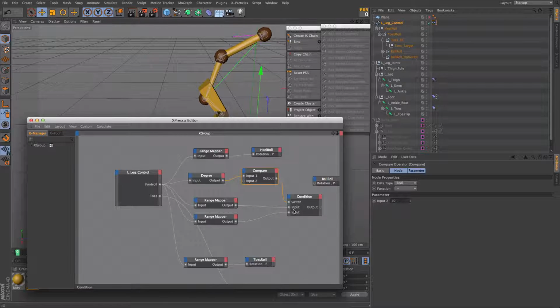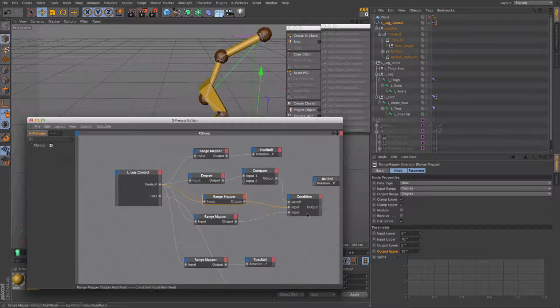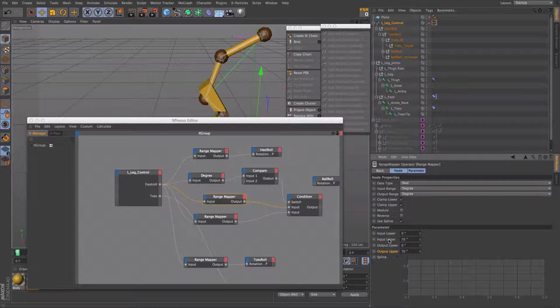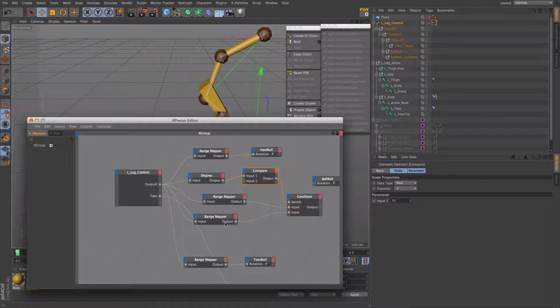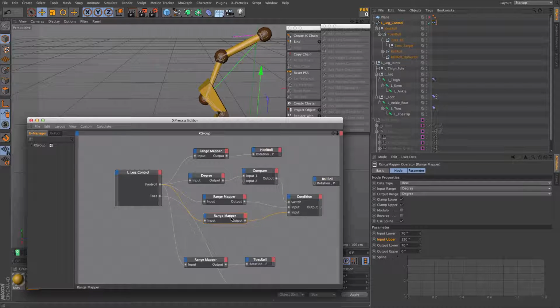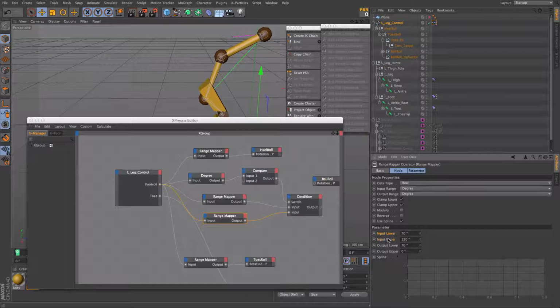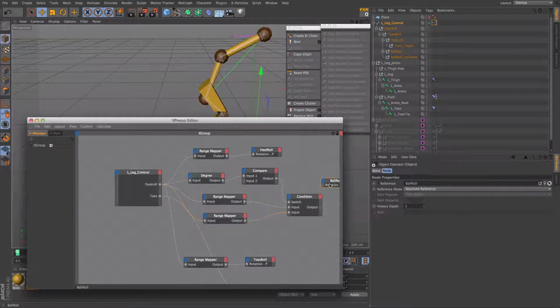So it's going to choose the first node here, which is the one that is controlling the range from 0 to 70. If it is greater than 70 degrees, it's going to give the value of 1, which means true, and it's going to select the second node here, which is the node that's controlling what will happen after 70 degrees. So now we're able to combine these two nodes